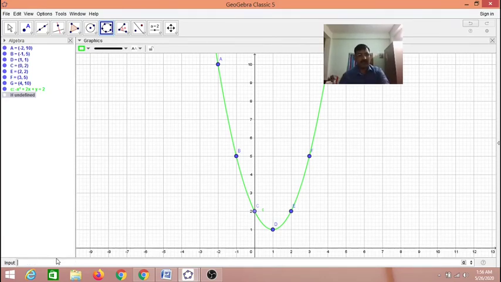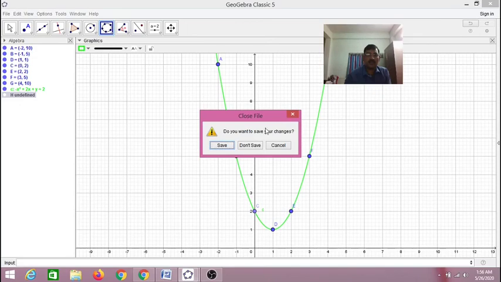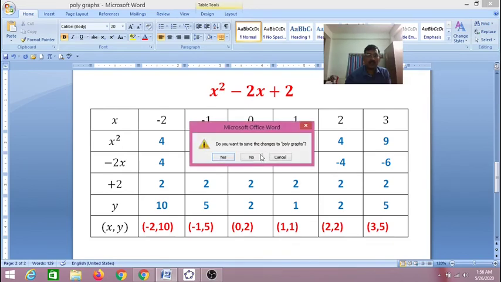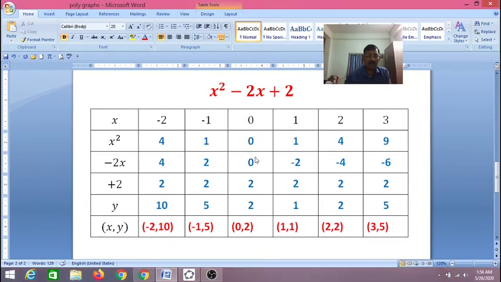Now we can see that it is not meeting the x-axis. So no zeros means we have to understand that there are no real zeros for this, right? No real zeros does not mean that it has no zeros at all. This polynomial has zeros obviously, but the zeros are not real zeros. This is the way in which we can go for this.